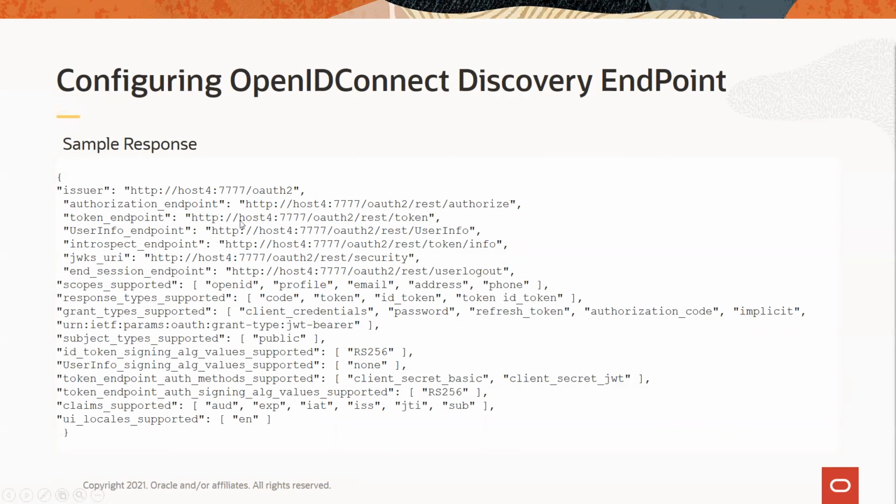This is a sample response where you see the token endpoint, user info endpoint, the ID token, when you have the client credentials, refresh tokens. These are all part of the OpenID well-known discovery endpoint with the well-known provider, exposed through the OAuth framework. As I said, you see the different endpoints like authorization endpoint, grant type, scopes, ID token, and everything.